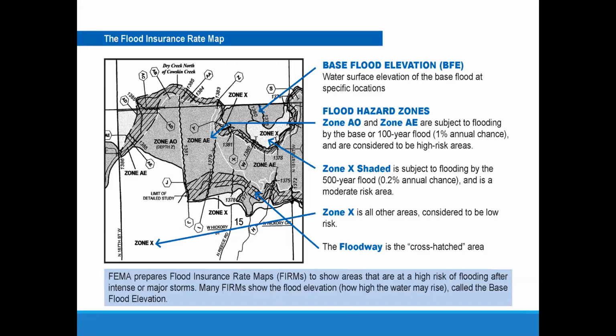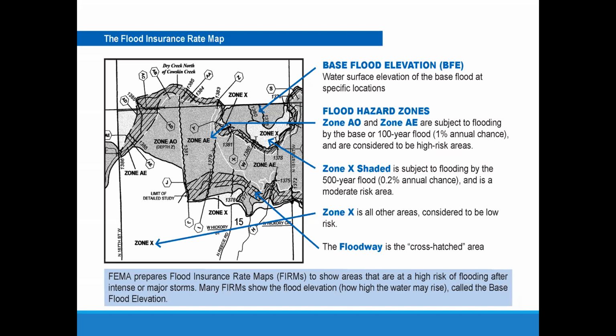Now, if you open up one of those older style maps, it's kind of a black and white image, but the black and white images make things easier to see. So here's one of them. And Tara's on the line today. She can tell you there are still communities using these old paper flood maps here in the state of Kansas.